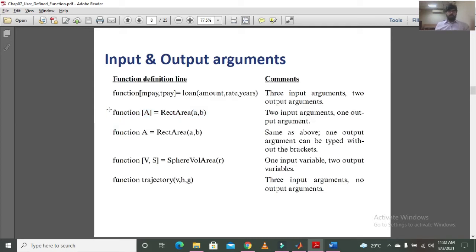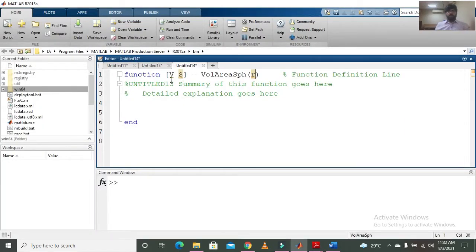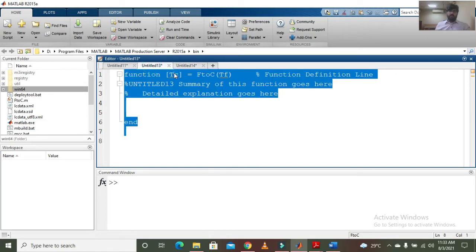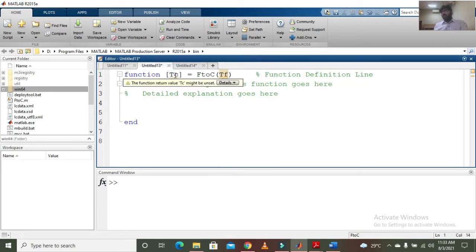Another thing that needs to be understood here is that since we are talking about two outputs, they must be defined inside an array. But if we are talking about only one output, then if you have defined it inside an array, that's fine, and if you haven't, that is also fine, since it will give you only one variable as an output. But if it is giving you two variables as output, then yes, you will have to define it as an array.